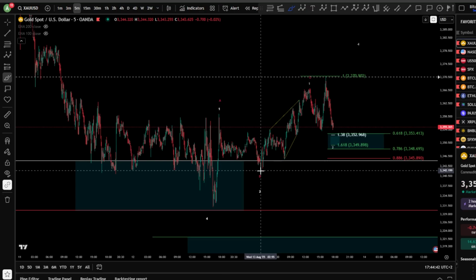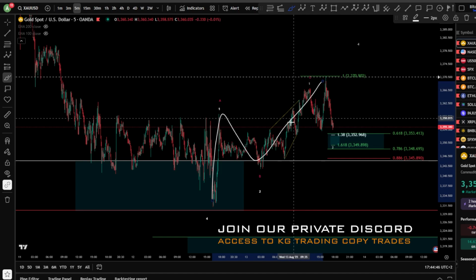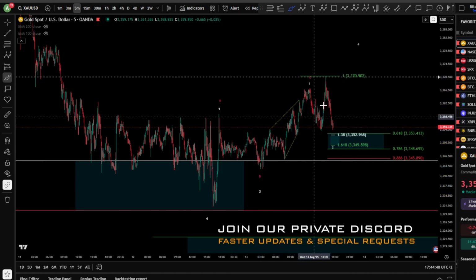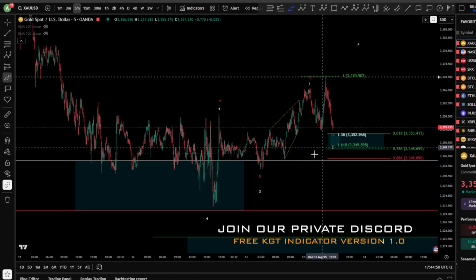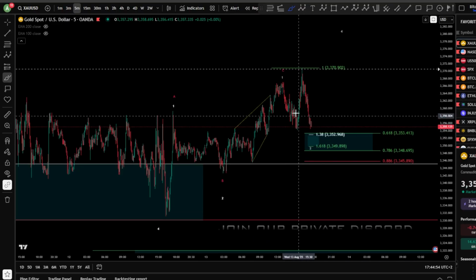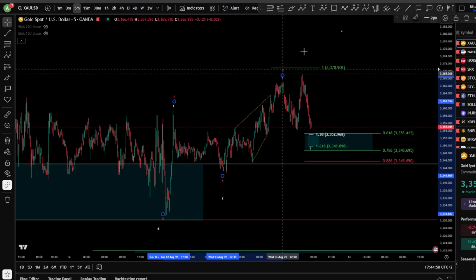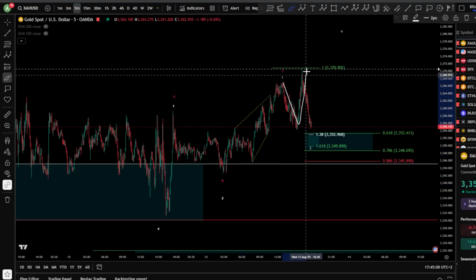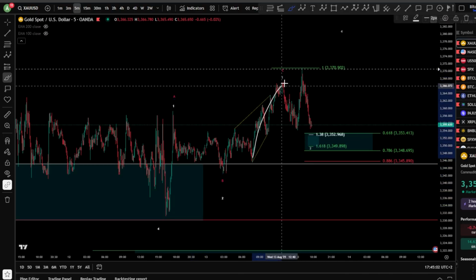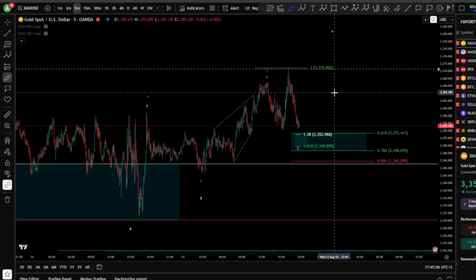Okay, because if this is a WX and a Y, that means, of course, we have to finish all of it, WX and a Y, and having WX and Y in a bigger WX and a Y is very, very low probability. Therefore, of course, the highest probability here is that we topped exactly as a wave C over there, and we have an A, B, and a C towards the downside for a wave 1, 2, and we look for continuation for higher prices for the gold.